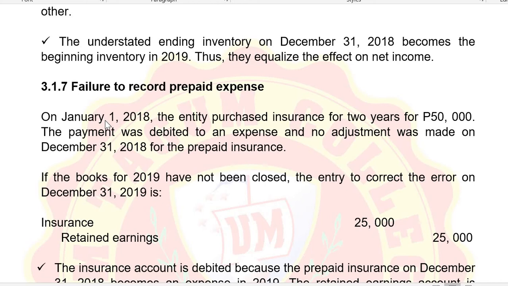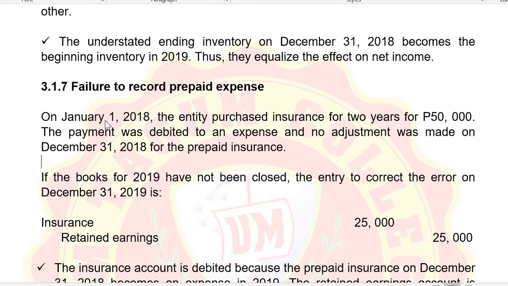insurance. Okay, since this is for 2 years, supposedly, your expense should be 25,000 for each year, right, for 2 years. And since for 2018, you have no adjustment, the entire 50,000 was expensed since you have no adjustment. So if the books for 2019 have not been closed, the entry to record the error should be